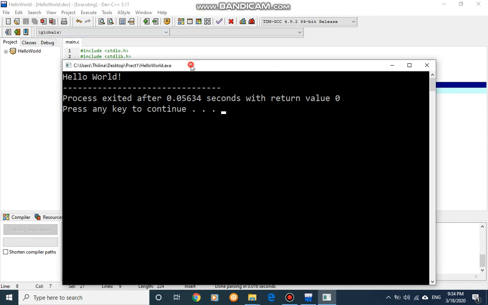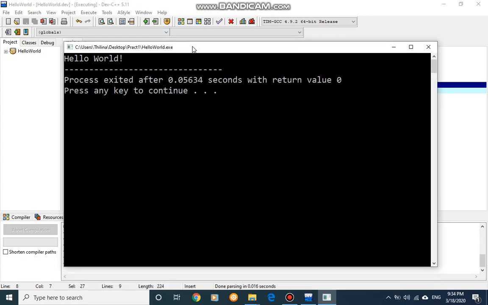So the output screen is held by the IDE. Actually this is your output, hello world. All the other characters or the text is introduced by the Dev C++ IDE. So this dotted line and all the other text are introduced by the IDE, and by the IDE your output screen is halted. So you can press a key, then your execution will terminate. Now we can clearly see as we instruct